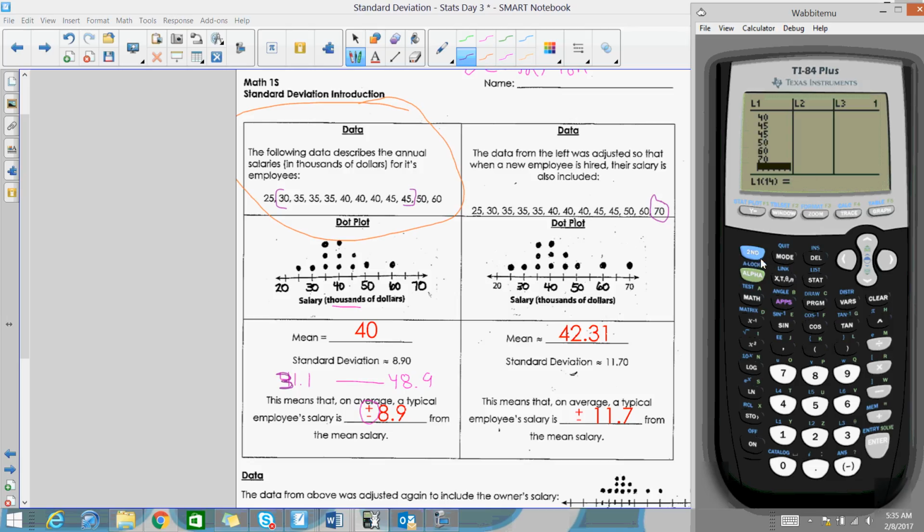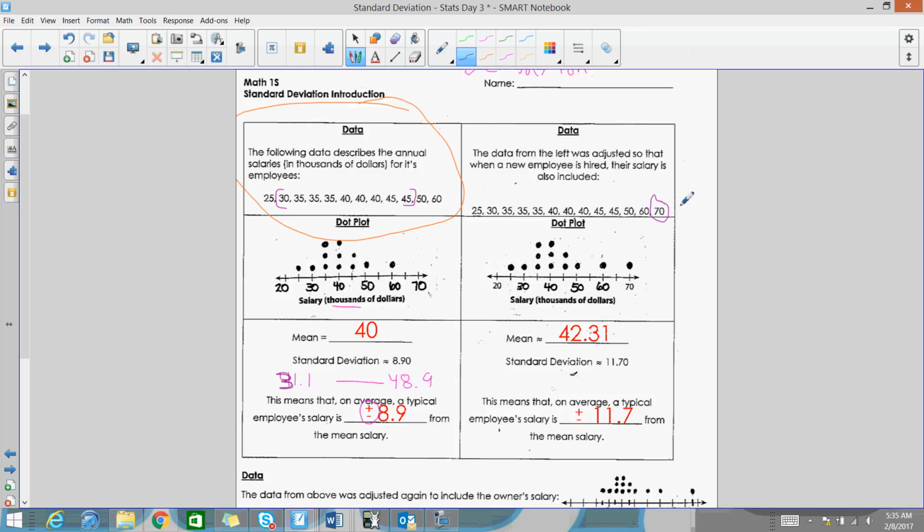So after you type in 70, you're going to go back to stat. You're going to go over to calc, 1-Var Stats, and we're going to find our new mean, which you should get 42.31 up here, your x-bar. Now look, your standard deviation also changes to 11.7. So with this new person added, who was a larger salary, it changes both our average salary and then the range that our majority of salaries should fall in between. So that means that our range now with this new person added, the majority of people's salaries will fall in between